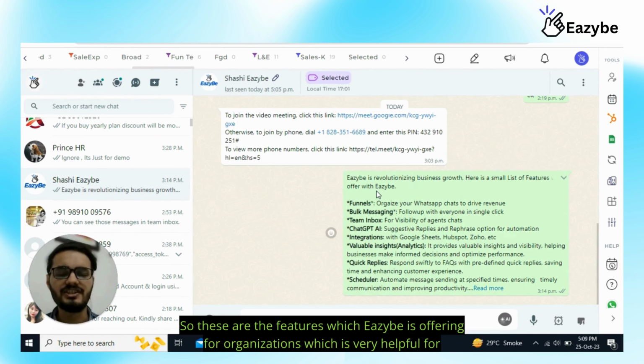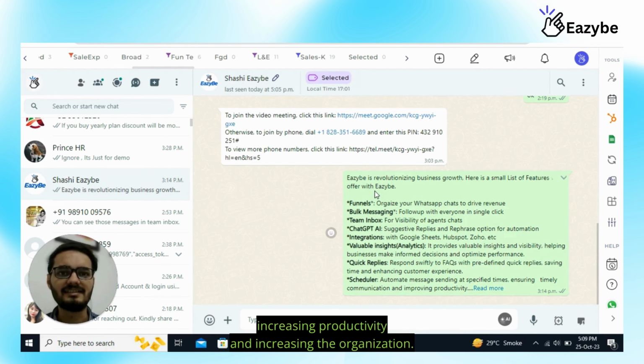So these are the features which Eazybe is offering for organizations, which are very helpful for increasing productivity and increasing the organization